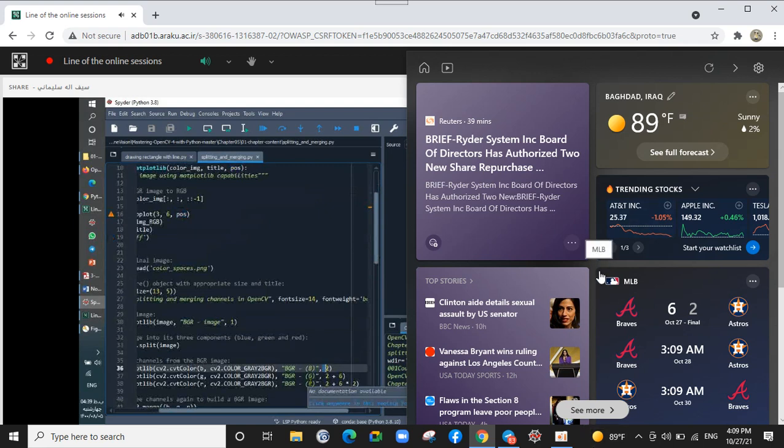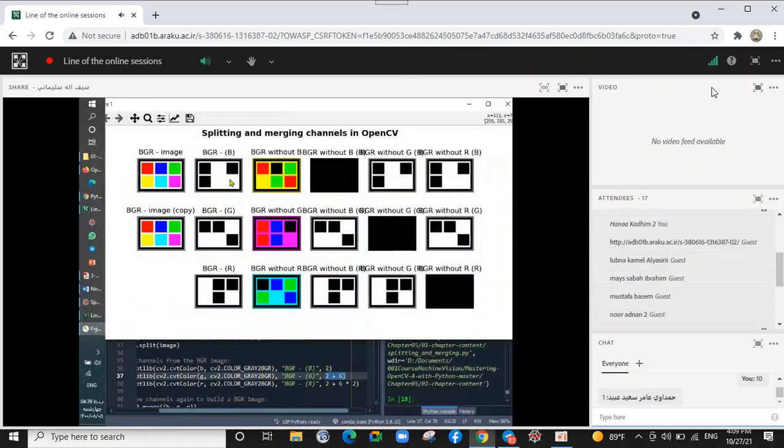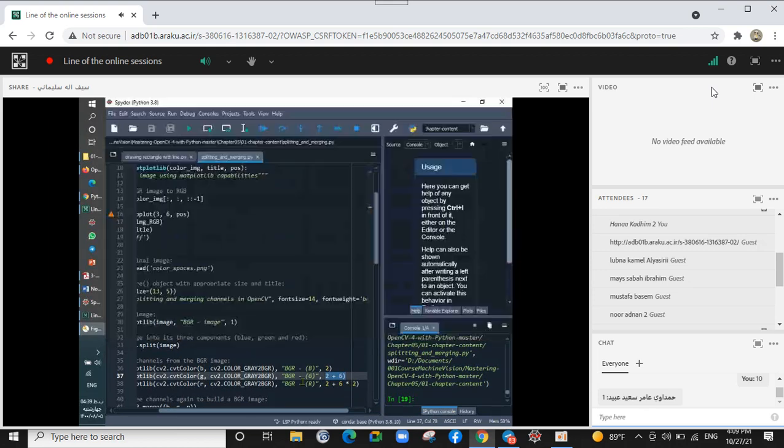Here 6. 2 plus 6 is 8. So in the first row we have 6 images. This is 7, this is 8. So plus 6 means the second row of this column. And if we write 2 plus 6 multiplied by 2,